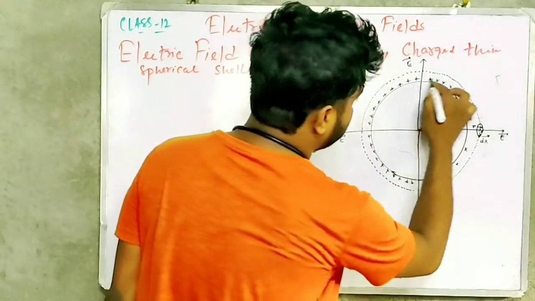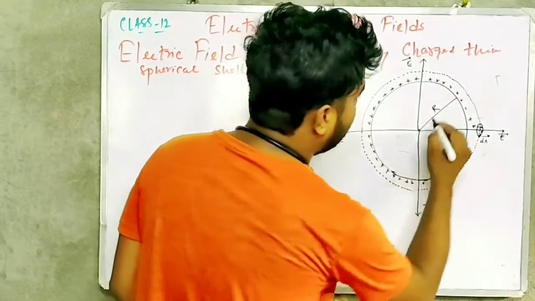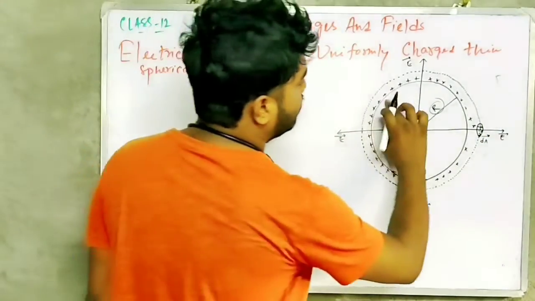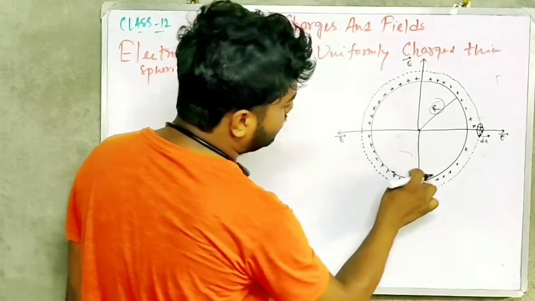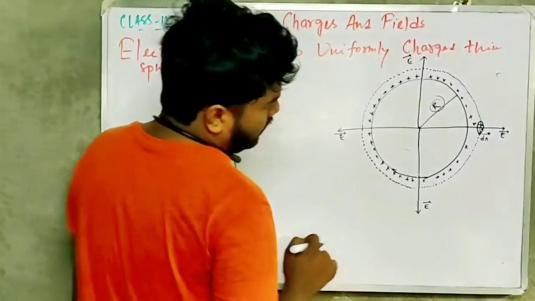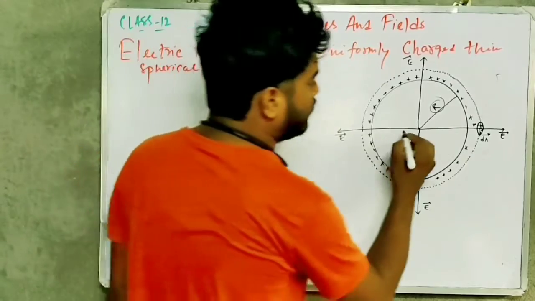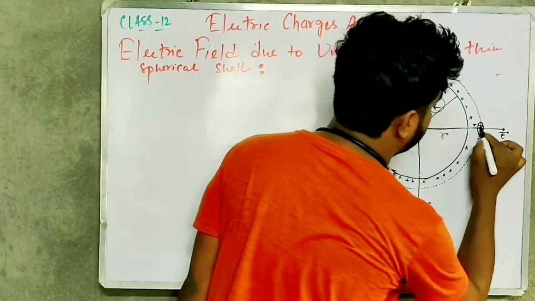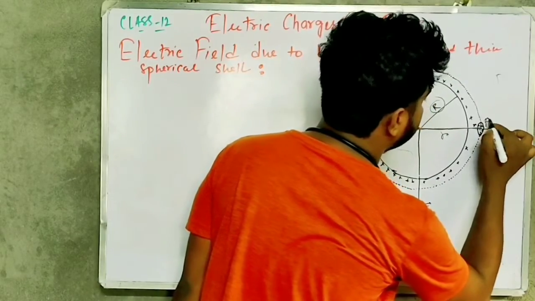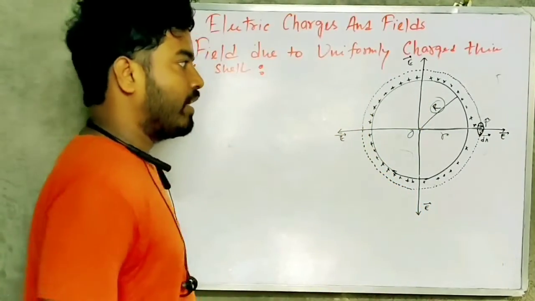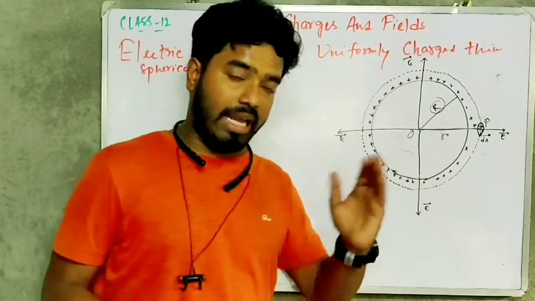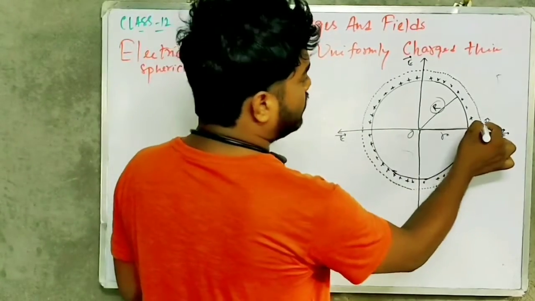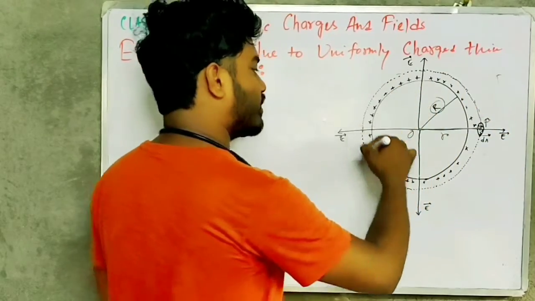Suppose we consider a sphere, this one, of radius capital R. Clear? And the charge is stored at the surface of the sphere. Now we have to calculate the electric field at a distance r from the origin of the sphere, that is, at point P. For calculating the electric field, at first we have to draw a Gaussian surface, and here the Gaussian surface is spherical.